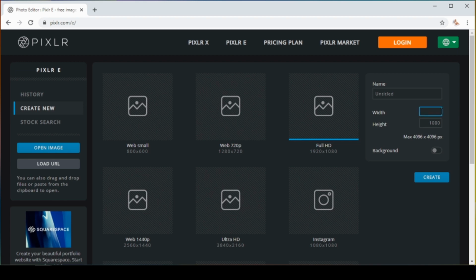It's 2560 by 1440 pixels. Okay. We will see now exactly why I chose these numbers. I'll click here to create,